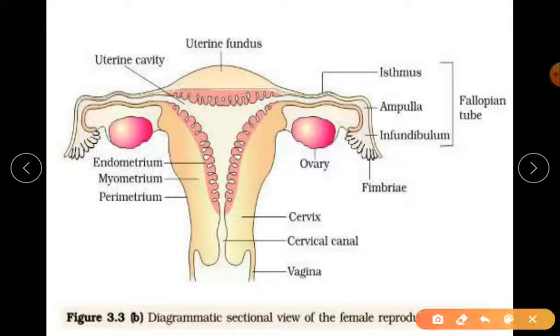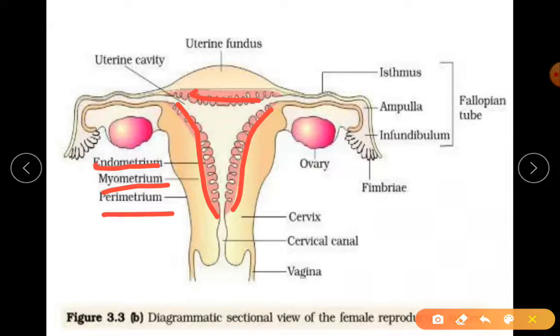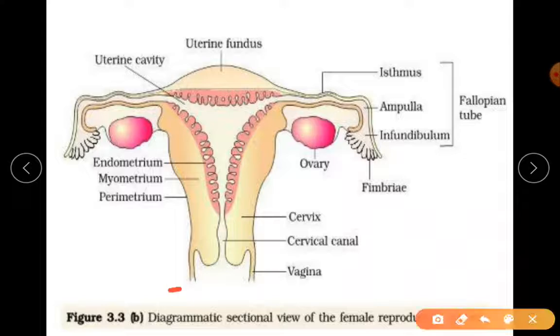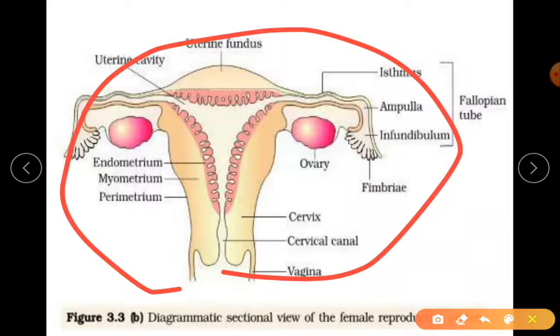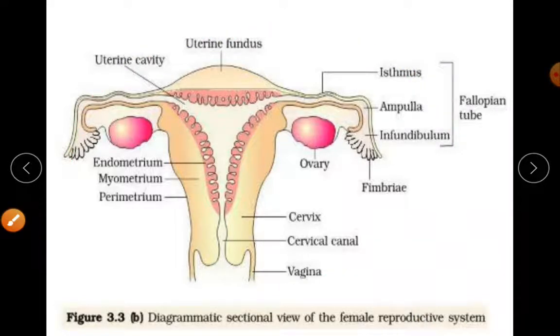So this is the location of insemination, and this is also called as your birth canal. Especially this region is called as your birth canal. So you got some idea over here. You should also look at this highlighted region, which is called as endometrium, and there are layers: myometrium, perimetrium. This is just an overview of what the structures are, where they are located.